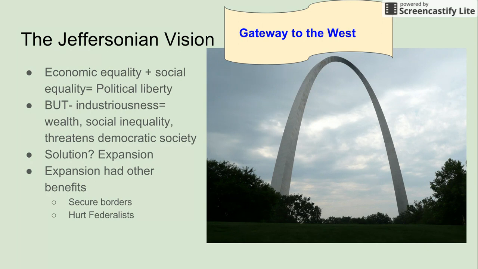And expansion has lots of benefits. As you have these people setting up an agricultural lifestyle, think farming, things like that, it will increase the opportunities for a democratic society because that won't be an industrialized area. It will be an agricultural area. Also, if you have this expansion, you'll secure borders against people that were threatening you, such as France, Spain, even Britain. Also, it hurt the Federalists, right? They weren't